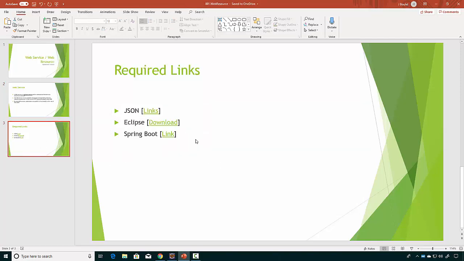Now, the required pieces you need for this class: you're going to have to understand what JSON is, which we'll be using. Eclipse is the IDE, the integrated development environment, that we'll be using. It's one of the most popular. There are other tools out there like JetBrains, and a bunch of others. We're going to be using Spring Boot, which is probably the most popular framework in the